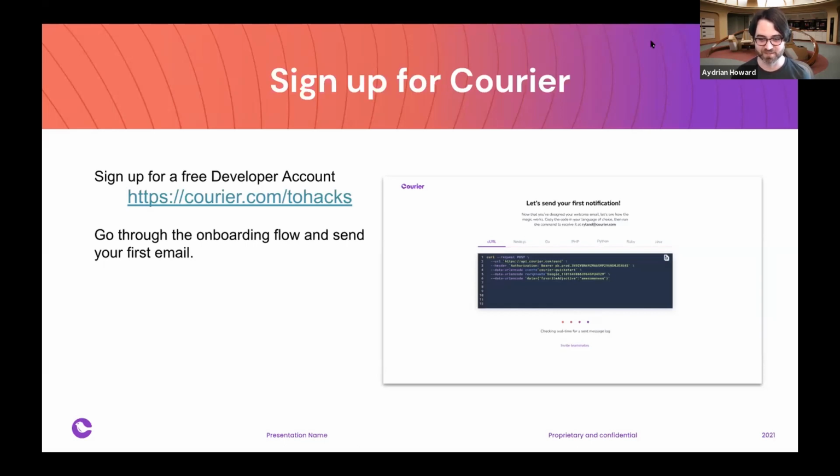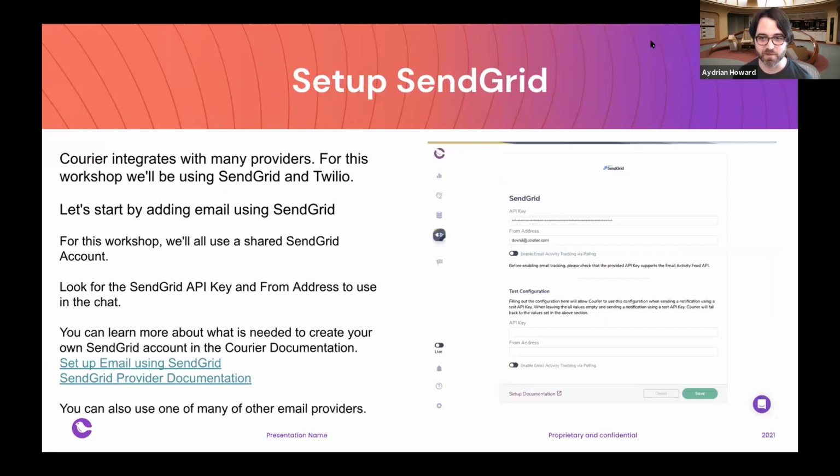And I'm on the wrong screen. Okay, there we go. So now that we have our shiny new free Courier account, and I should mention this is a free account. It's a developer account. It's going to be free for the life of the account, and it's going to give you access to 10,000 messages a month. So if you're sending messages like Discord messages, push notifications, in-app, that's all contained inside that 10,000